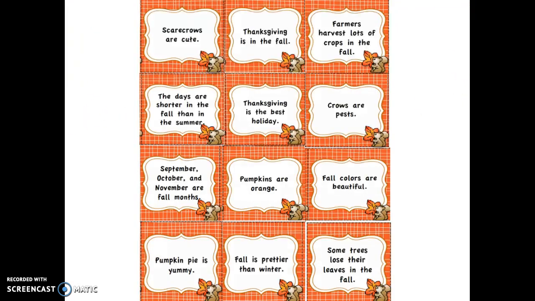So now that we've reviewed, I've got a little fun sorting activity for you to do, okay? You have the mat. One side is for fact, one side is for opinion. And these cards all have fun fall facts or statements. They're not all facts. You're going to read your statements and decide, are they facts? Are they statements that can be proven? Or are they opinions? Are they statements that talk more about how someone might feel or what someone might think about a certain topic? So I want you guys to complete the sorting activity. And we will check our answers together.